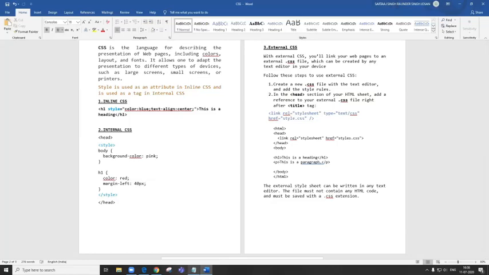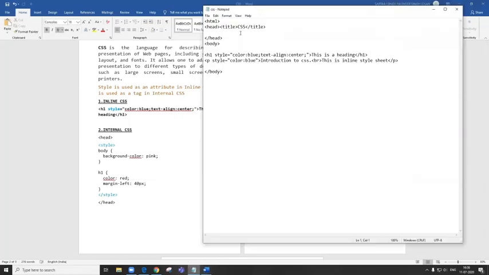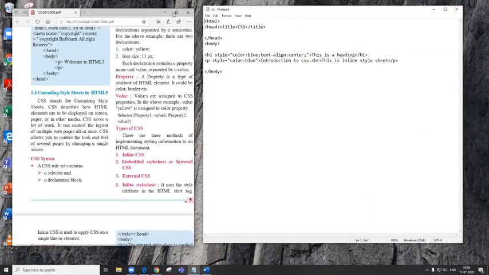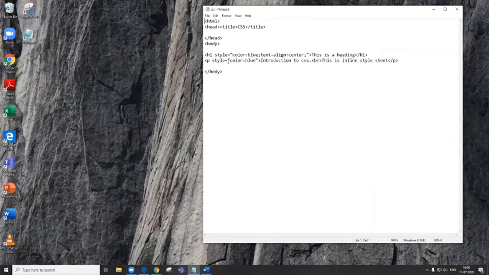All right. I have also written, children, in the notepad, I have written this for you. The inline CSS, I have already done it for you. So let us see this inline CSS. Let us close all the other screens. This is the inline CSS that I'm using here. With H1, I'm using style as an attribute. With P also, I'm using style as an attribute. And the declarations here have been the property and the value, property and the value.